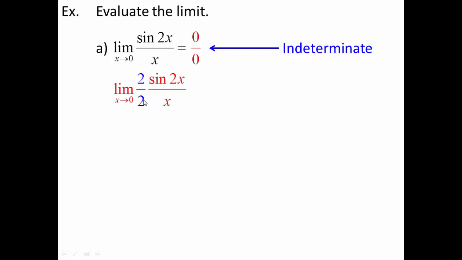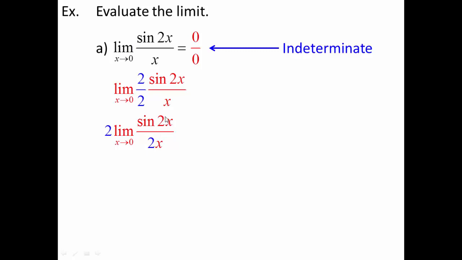But what I can now do is strategically multiply. I'm going to take this 2 and move it in to be 2x, but I'm going to take this other 2 and pull it out completely and ignore it. Because a 2 is just a constant, and constants can be pulled in or pulled out at will. I'm just going to legally pull that 2 outside the problem and deal with it later. Now what I have is a limit that doesn't exactly match the limit that I learned before, but essentially matches. What's important is not what this says, but that this and this match. It doesn't necessarily have to say sine of x over x. As long as it's the same thing here and here, then I can say that the limit is 1.